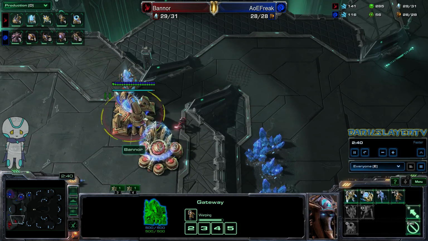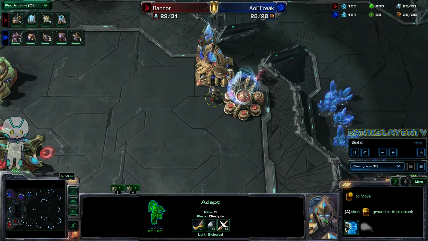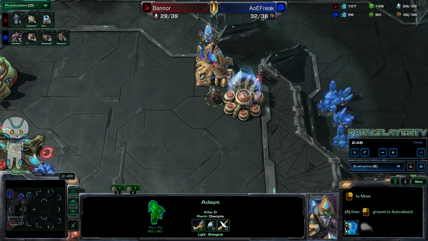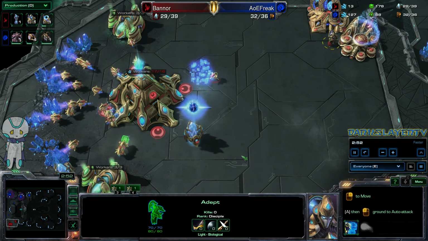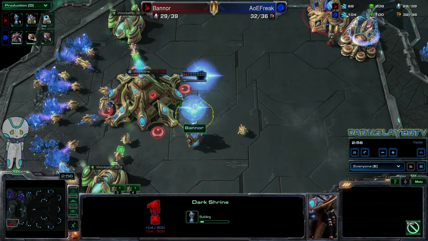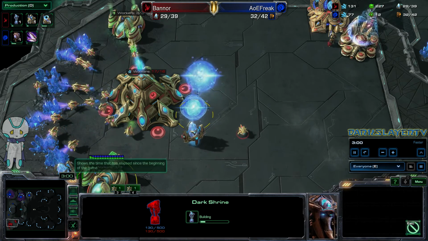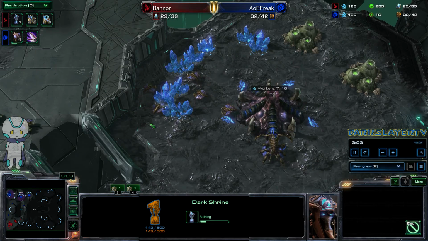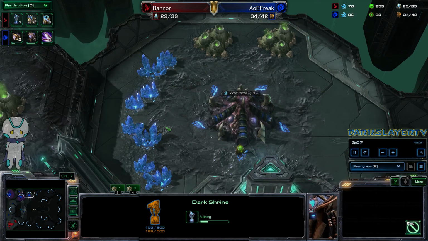However, AoEFreak might have to be a little concerned as an Adept has entered the field. Now whether or not AoEFreak wants to use this for aggression is still in the air, but hold that thought. Did I see what I think I saw? Oh, I saw what I think I saw. We have a Dark Shrine on the way. Bannor is going to be going for those Dark Templar to do as much aggression to the blue Zerg as quickly as possible. And quite frankly, when you go for these two early hatches,